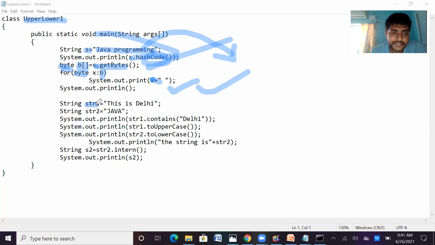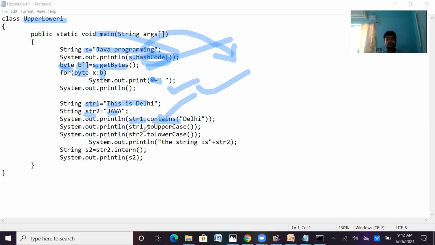And then I am taking str1 and str2. str1 is "This is Delhi" and str2 is "JAVA" in capital letters. I'm checking str1.contains, which is also a method: str1 contains "Delhi". So whether the string has Delhi or not will be checked here.